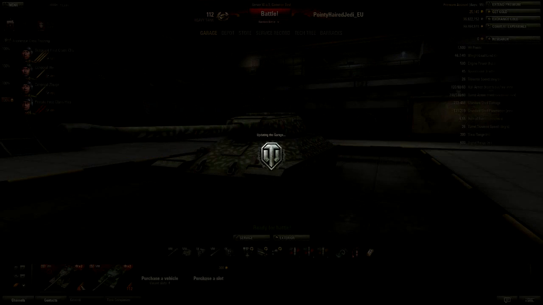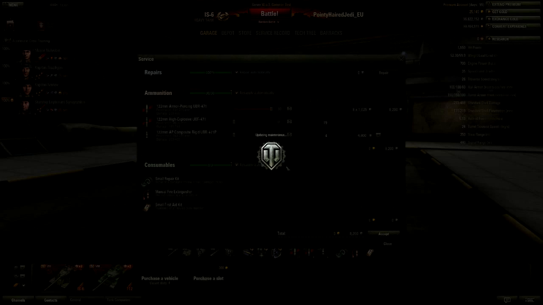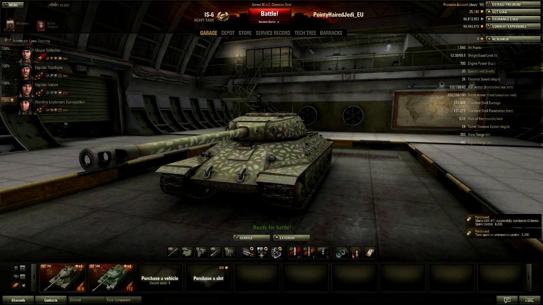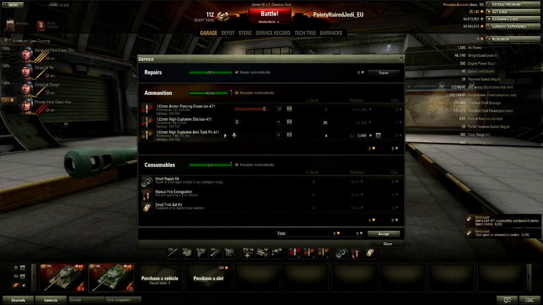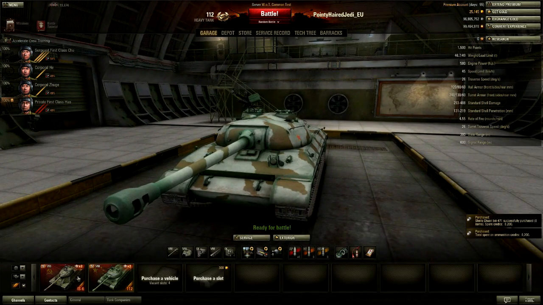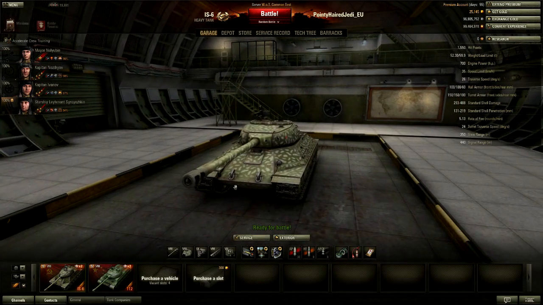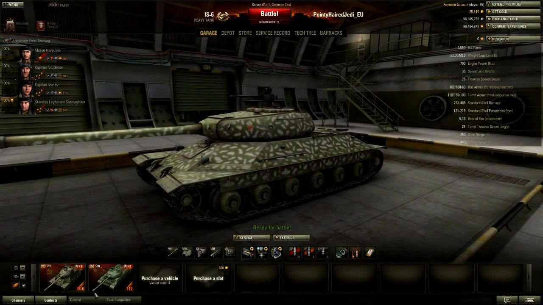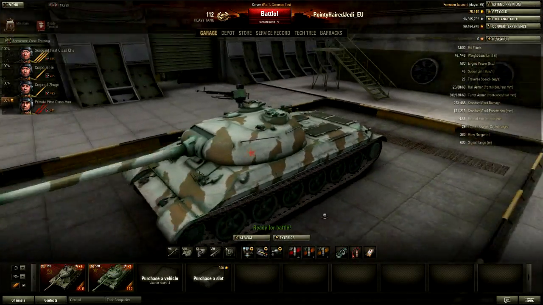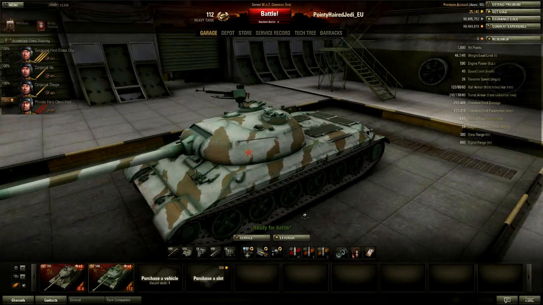Now compare that to the IS-6, which carries 30 rounds total. I'll just do that so you can see the total amount in one go. That carries 30 rounds total, rounds even. This carries 45, and that is a bit of an oddity, or at least it feels odd to me, because the IS-6 actually has the faster rate of fire, and I don't think the internal volume is going to be that much higher, but somehow they've decided this gets an extra 15 rounds of ammunition, and